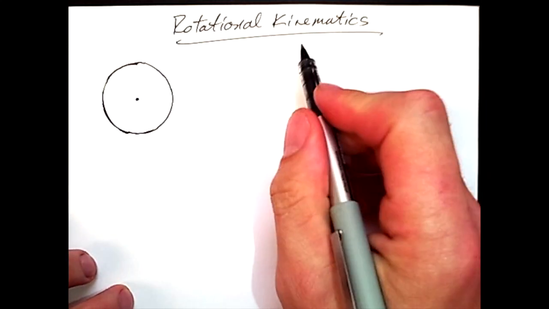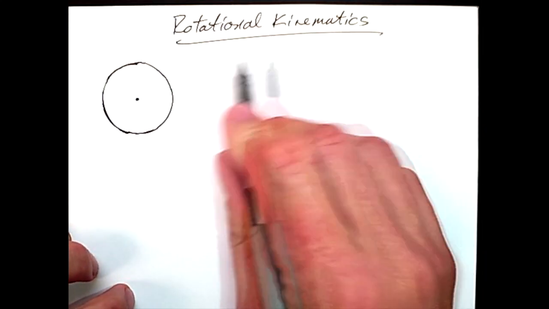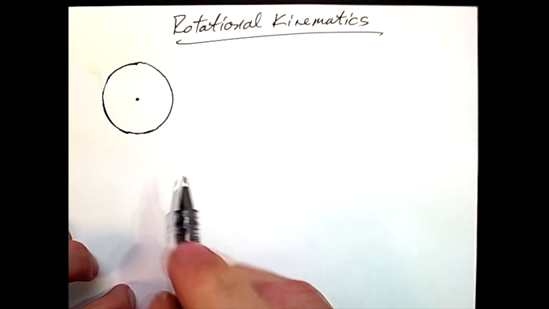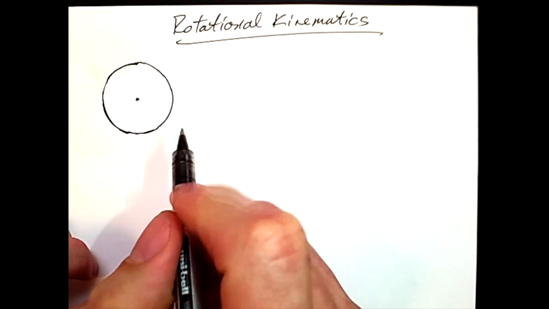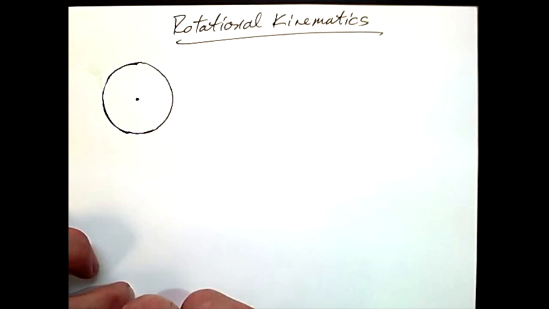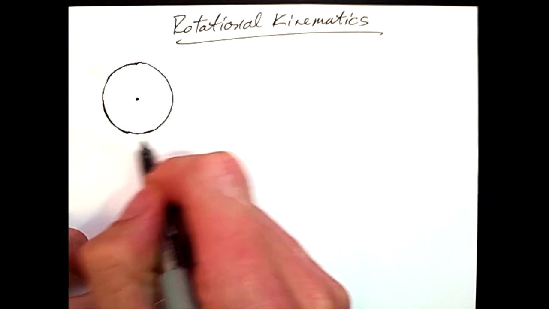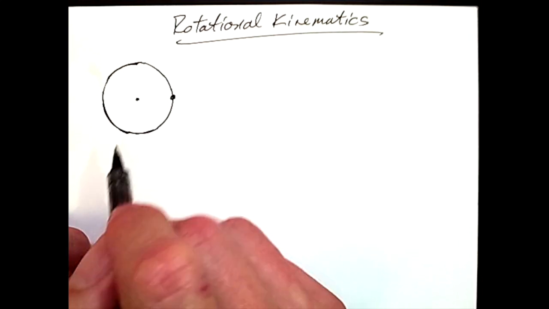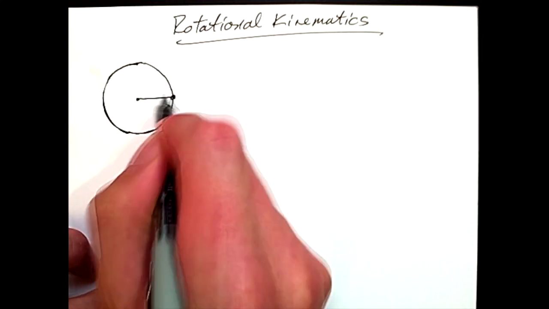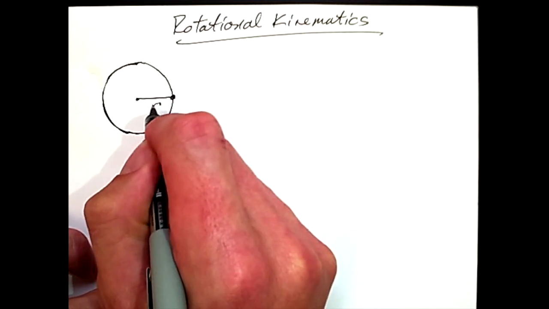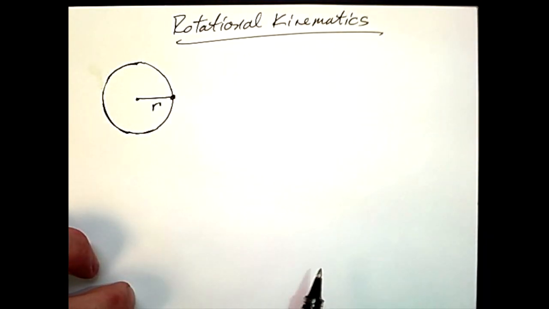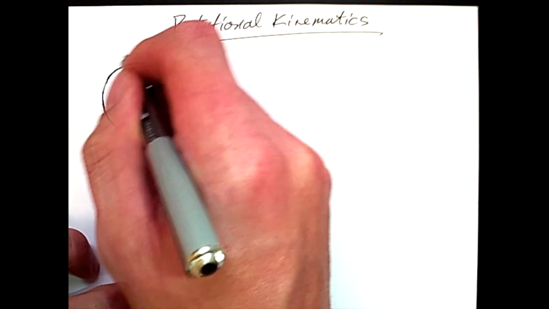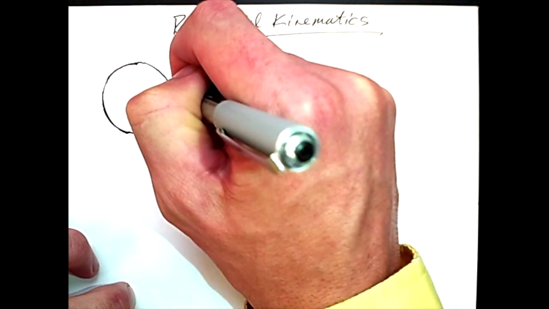Kinematics is the study of motion. Rotational kinematics then would describe how something is rotating in terms of rotational motion descriptors. So, looking at a circular system such as this, let's imagine that we had an object out here on the end of some radius r away from the central circle. If I then move this object around in a rotational way from one position to another,